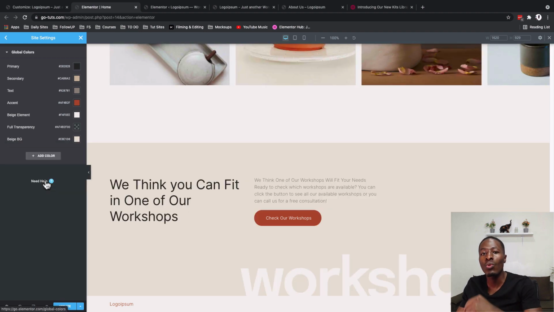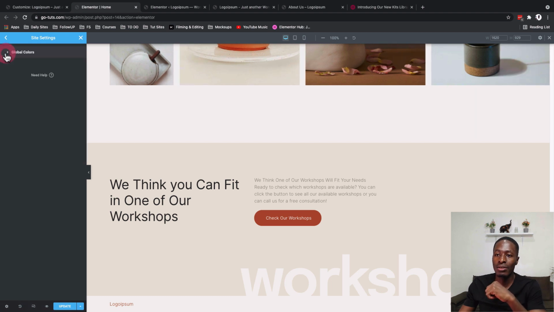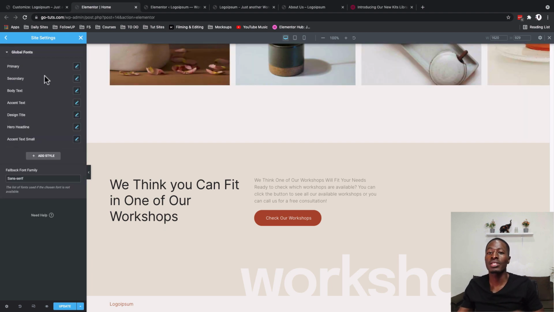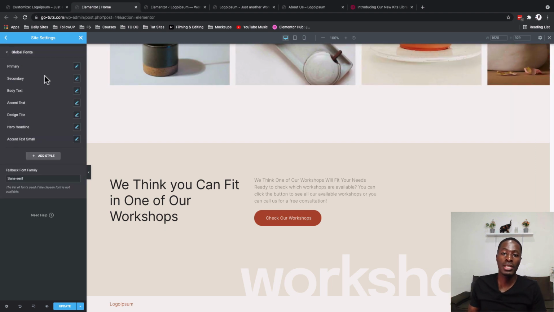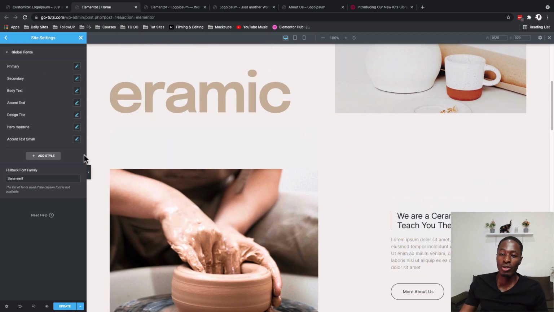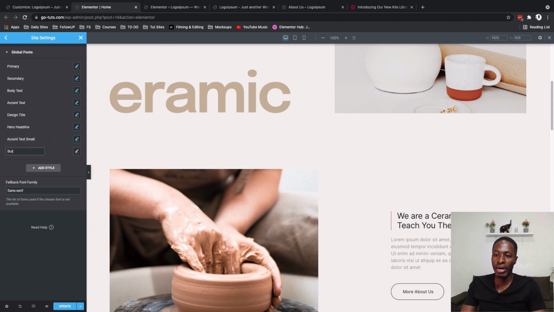Now that not only works on the global colors, but also on the global fonts. So when I close this and come here to the global fonts, you realize that we have a number of global fonts that have been imported with this kit. In the case where you want to create your own global font, you can just simply say add a style and name it button text,